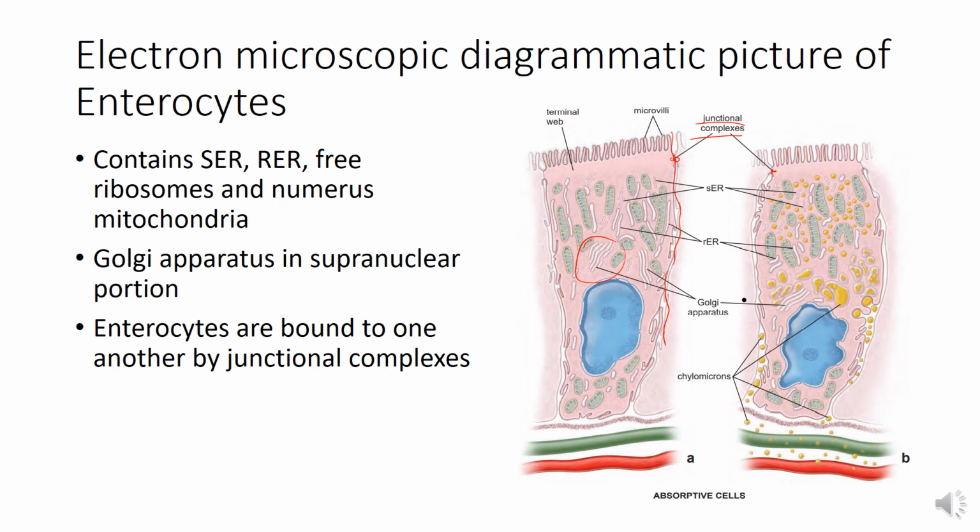Now, the enterocytes are specialized for absorption of nutrient molecules that are produced as a result of the digestive process. Water, ions, monosaccharides, amino acids, dipeptides, and tripeptides are absorbed by the enterocytes, and then they are released into the paracellular space through the basolateral plasma membrane of the cells. So you can see here, this is the basolateral plasma membrane. They are released in the paracellular space here, and then they get absorbed into the blood vessels.